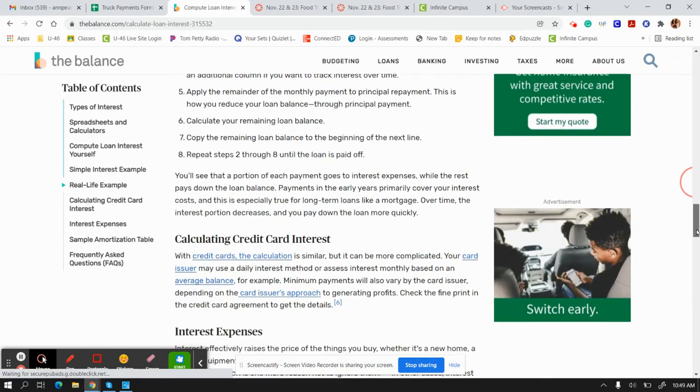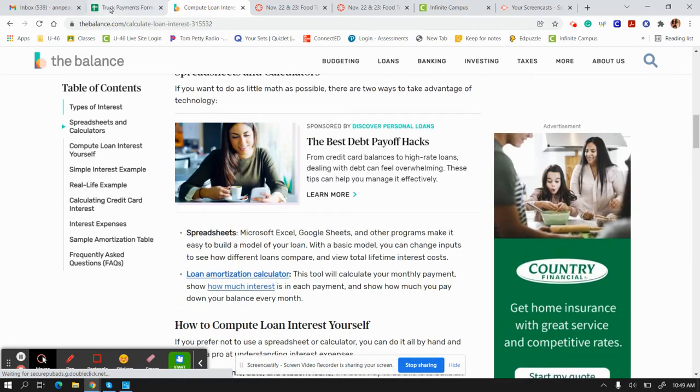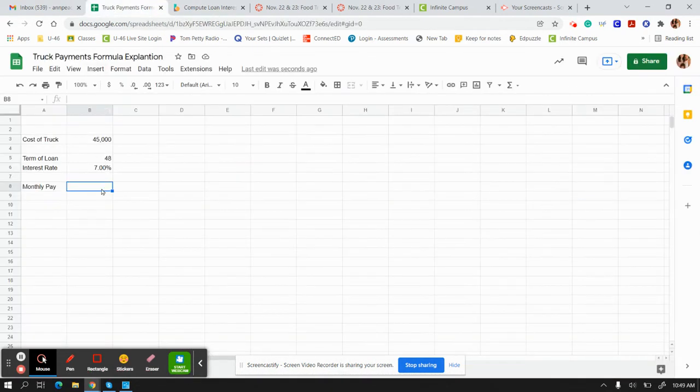So what you need to calculate to do that, you can look it up, but what I know off the top of my head: in this cell, since this is where I say monthly payment, I'm going to put the equal sign. I'm going to take the $45,000. I'm going to multiply it, that's the little star button, I'm going to multiply it by